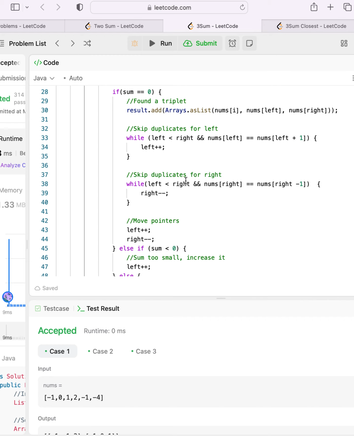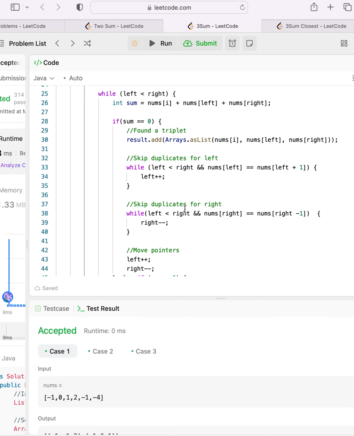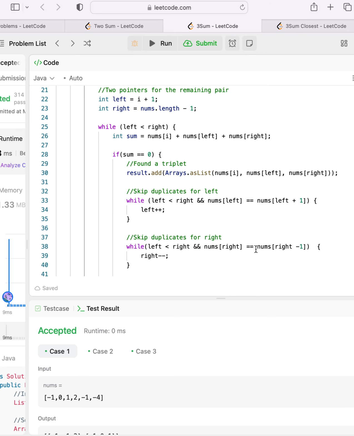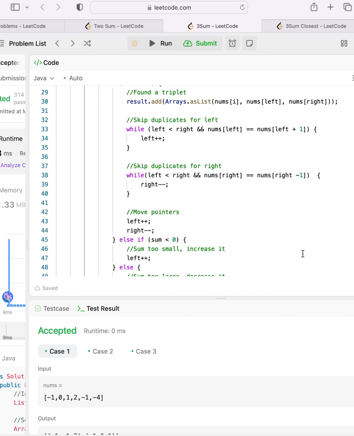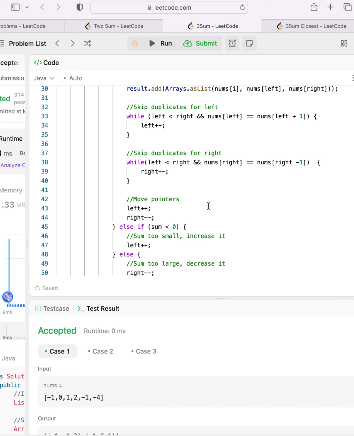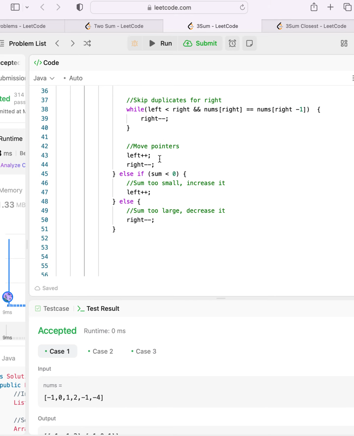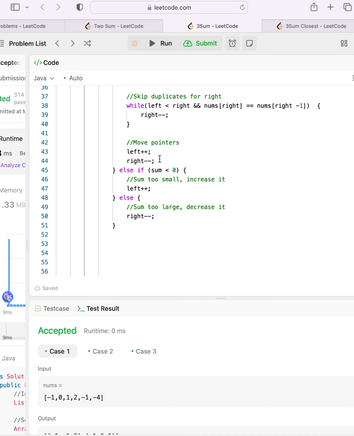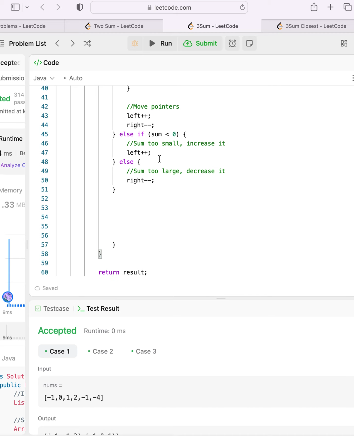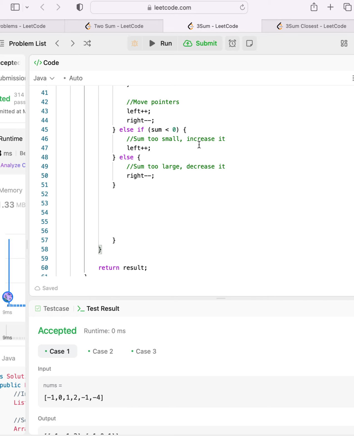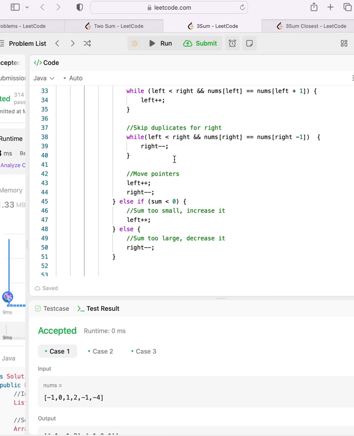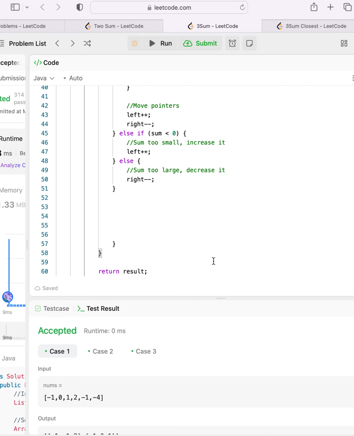And we are skipping duplicates for right: while left is less than right and nums of right is equal to nums of right minus 1, we are decrementing the right pointer. And here we are moving the pointers left and right. If sum is too small, we are increasing it, and if sum is too large, we decrease it, and then